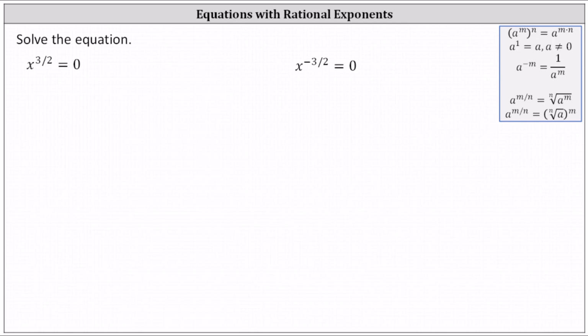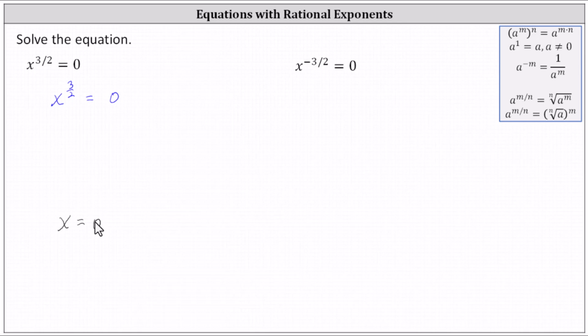We want to solve the given equations with rational exponents. For the first equation, we have x to the power of 3/2 equals 0. We're looking for the value of x, where when x is raised to the power of positive 3/2, the result is 0. We may recognize the solution is going to be x equals 0, but let's also solve this equation